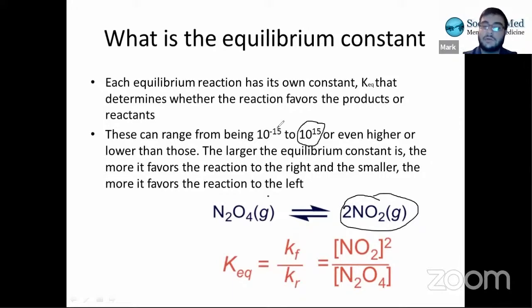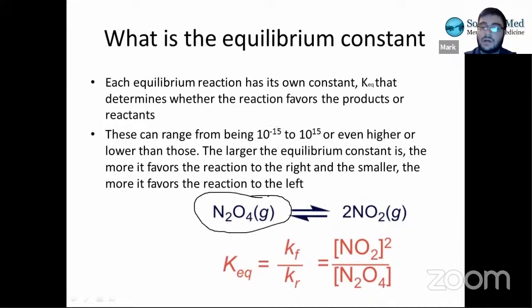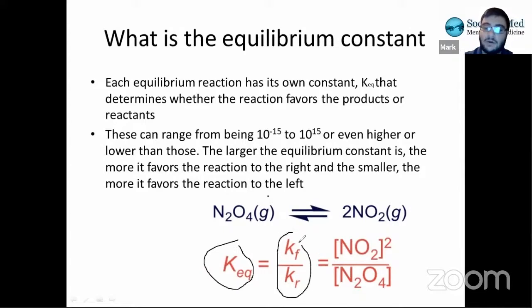On the other hand, a very small number, like 10 to the negative 15th, would mean that at equilibrium, there are much higher amounts of reactant than there is product, and this reaction is favored to the left, back towards the reactant side. And the actual equation for this reflects that. The equation for KEQ is KF over KR, which you don't really have to know. We'll talk about those later. Those are the rates of the actual reaction, but